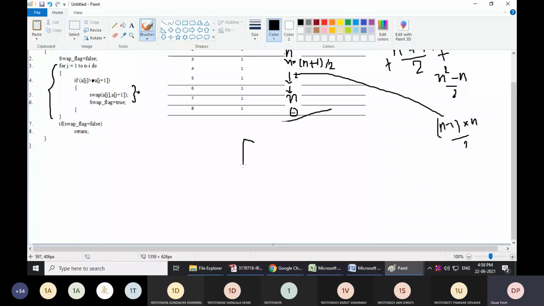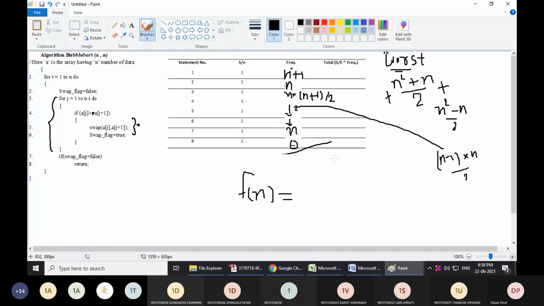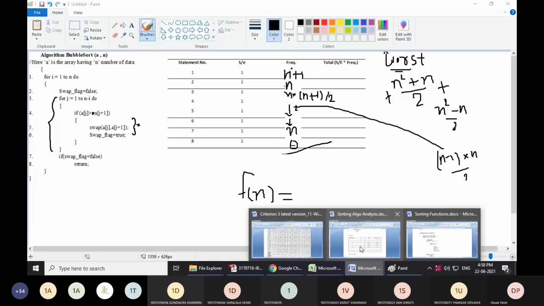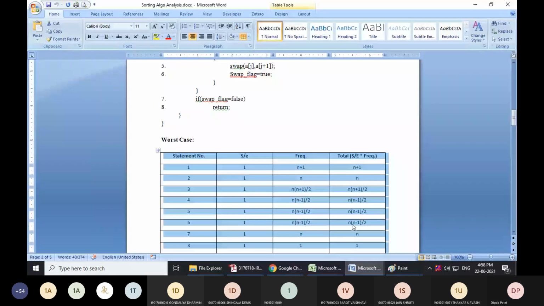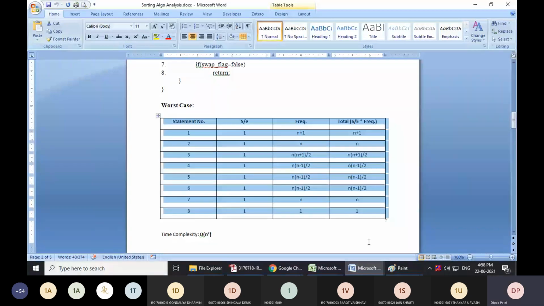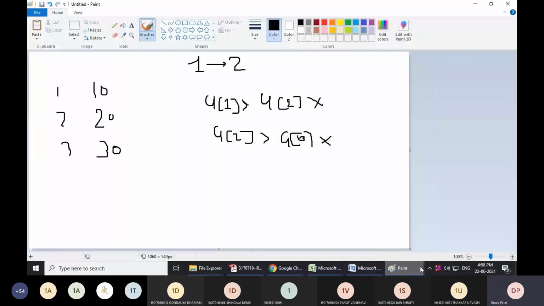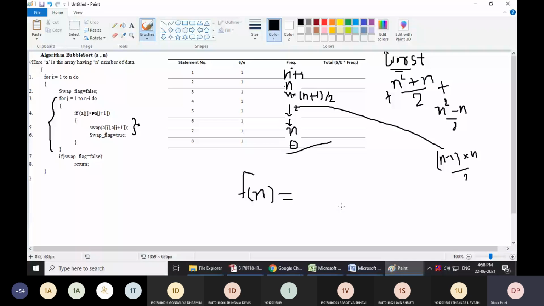So, can you tell me what the step count equation can be? See, I have that analysis. Tell me the final equation.